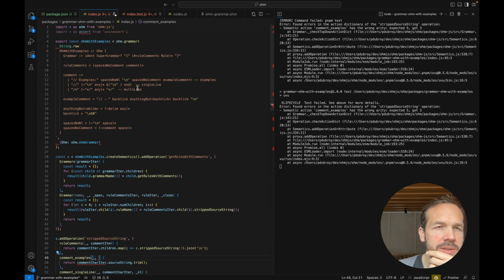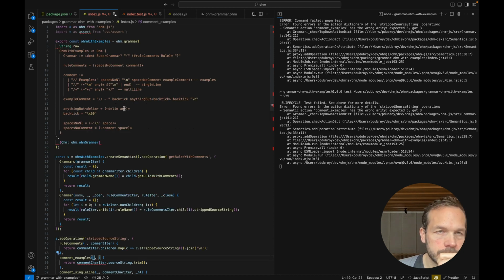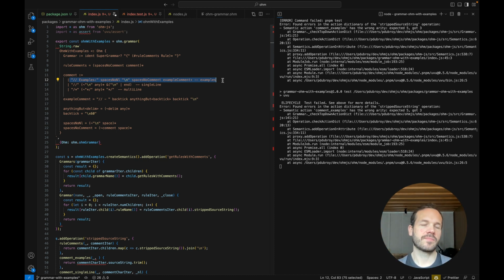Maybe example comment. Yeah, whatever. I was going to say maybe example comment should parse spaces at the beginning, but this is one of those cases where it may actually make sense to have a